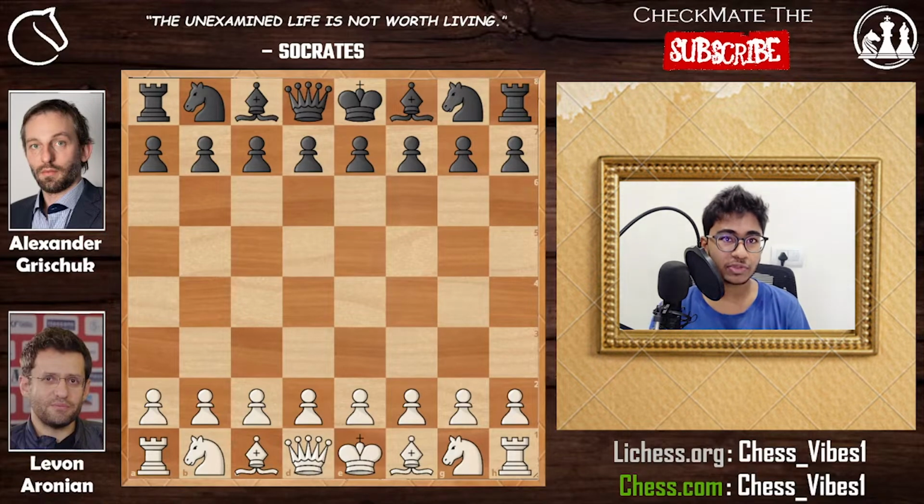The game is from the Grand Chess Tour Superbet Chess Classic Romania 2021, round number 7. So this game is going to be very interesting, so let's start. Levon Aronian with the white pieces and Grischuk Alexander with the black pieces. Levon Aronian started with